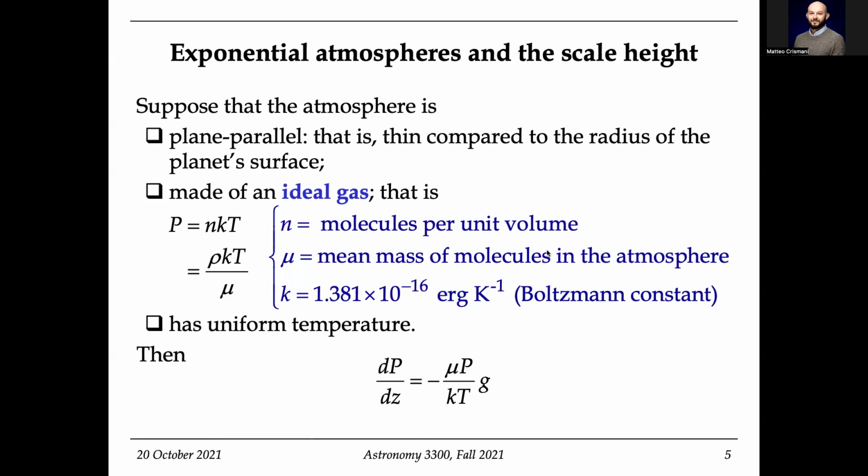That's going to hold the units of pressure, and then this is going to give me the shape. Now I said GZ over KT. So there's my function. I start at some maximum pressure when Z equals